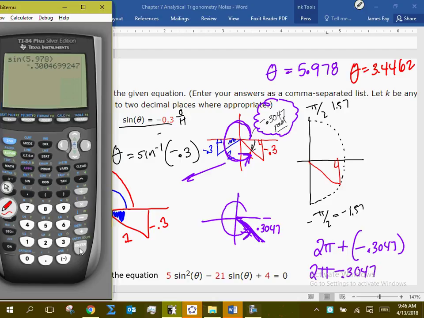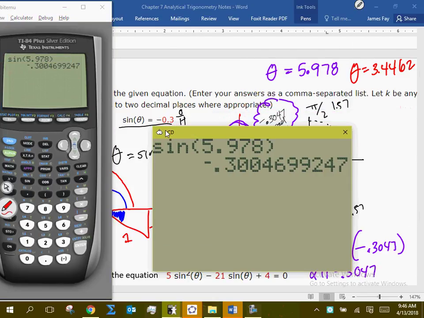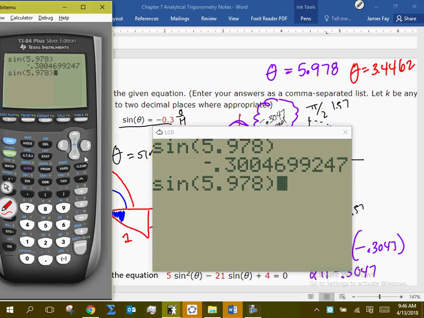Do you agree that's negative 0.3? And why is that number different? Yeah, I had rounding error. And that's not exactly what theta should be. It should be, obviously, probably infinite decimal places, but whatever. I'm going to do the same thing for